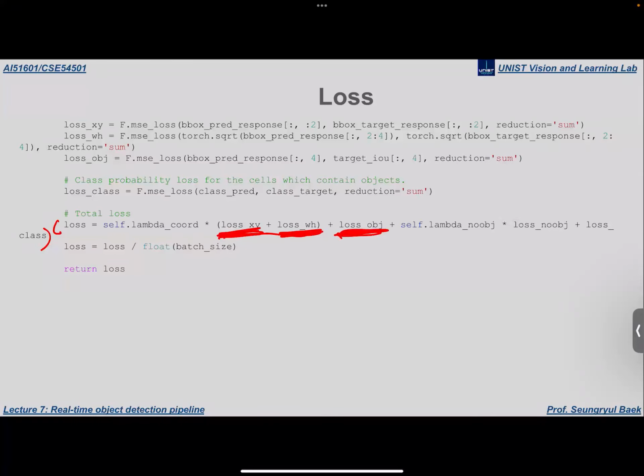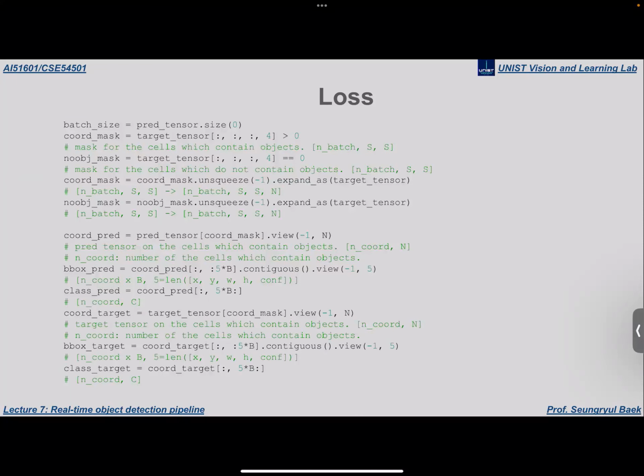This is the loss for confidence for objectness, and this is the loss for non-object, and this is the loss for class probability. Okay, this is the final,